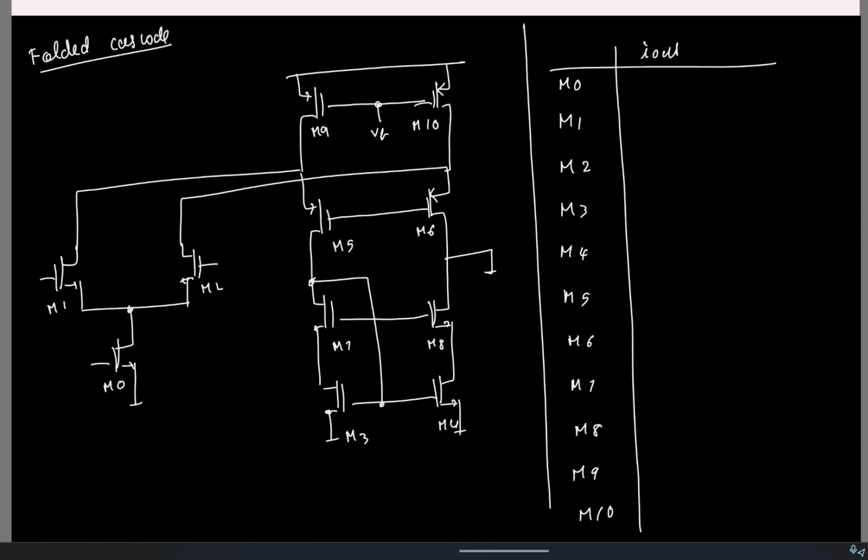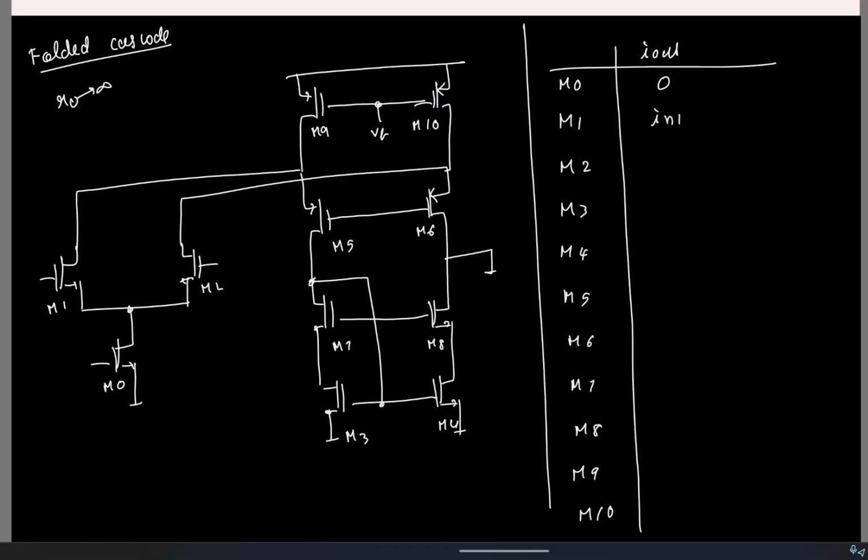Again, the structure is identical to telescopic Cascode. As long as you are considering only the incremental picture, having an NMOS or PMOS makes no difference, and I am considering R0 as infinity. So incrementally this guy will not play any role. So the results will be very similar. So for M0 it is 0. For M1,